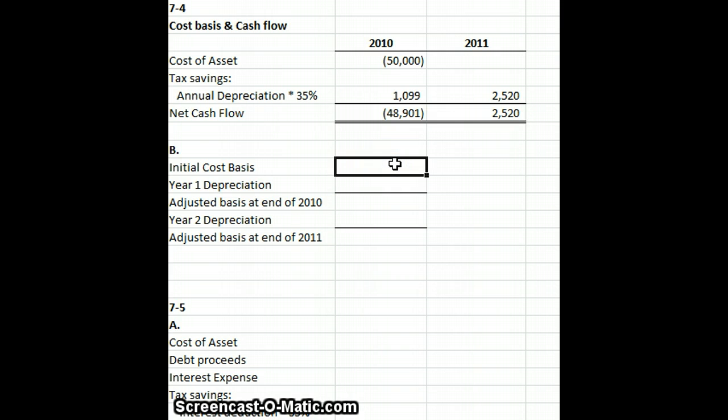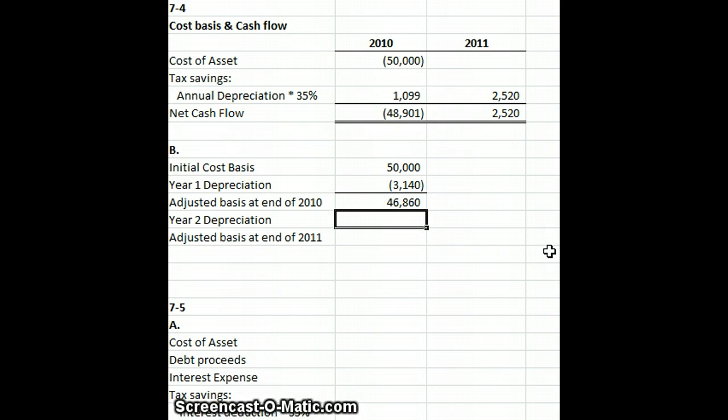Okay, so let's look at Part B. Compute Firm A's adjusted basis in the asset at the end of the new year, or end of each year. So our initial basis is generally always going to be the cost or the value of the asset, or if it's an exchange. So if we gave them $50,000 worth of securities or land, that fair market value would be our initial cost basis. Our year 1 depreciation was 3,140, so we're going to subtract that. That's going to give me, again, I'm going to auto sum, an adjusted basis at the end of the tax year 2010 of